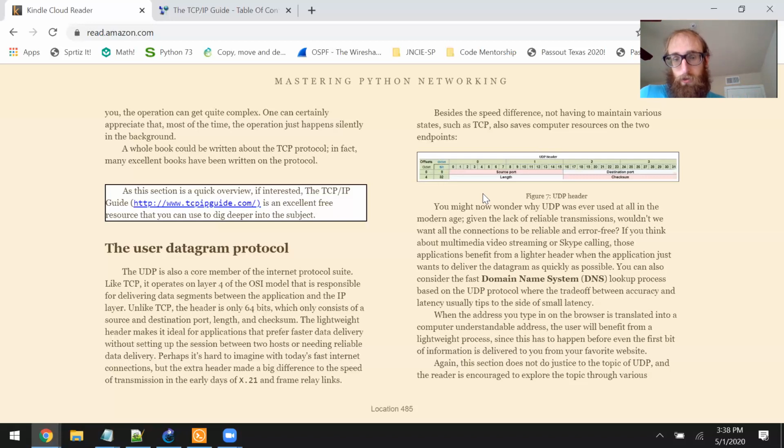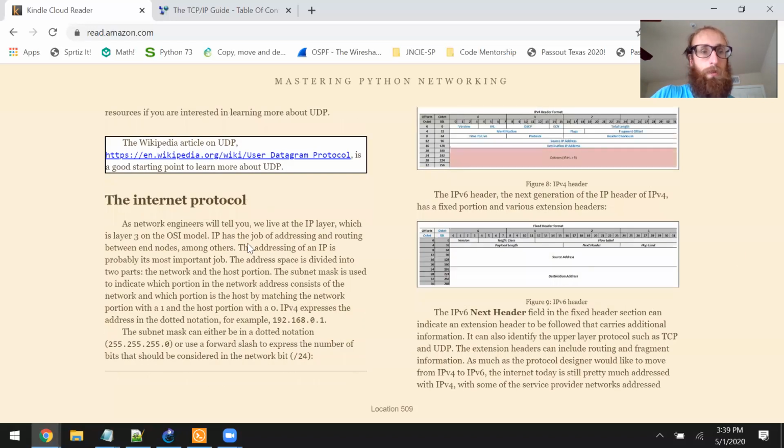So, all right, let's just keep reading. You can consider the fast name. Yep. When the address you type in on the browser is translated into a computer understandable address, the user will benefit from a lightweight process, since this has to happen before even the first bit of information is delivered to you from your favorite website. Again, this section does not do justice to the topic of UDP, and the reader is encouraged to explore the topic through various resources. If you are interested in learning more about UDP,